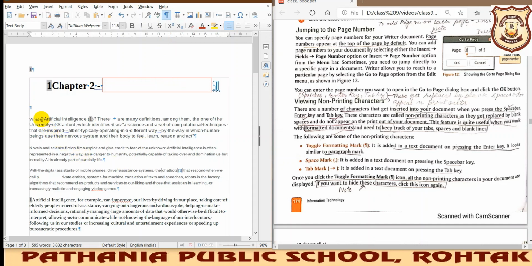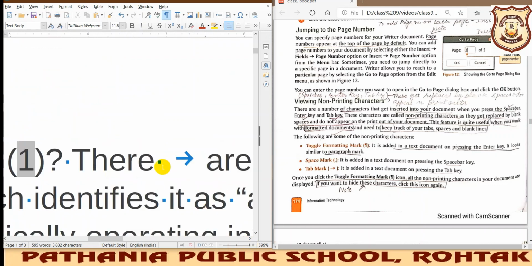See, you can see dots here. Okay, I'll zoom it for you. Wherever you have pressed spaces, it will show you dots there. Here I have pressed the tab key, so you can see an arrow here. For tab there is a notification with an arrow, and wherever you have given a space there will be a dot like this.